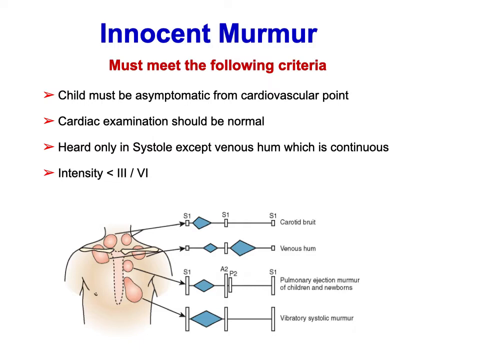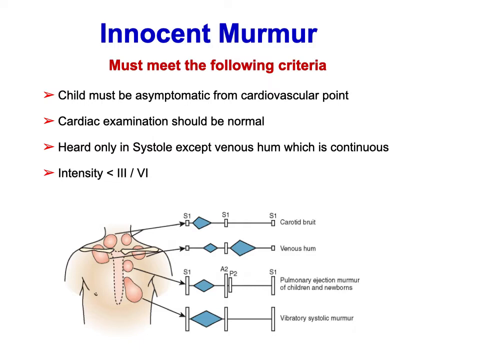So that means you follow the rule of four. The first and most gold standard rule is that the child would be asymptomatic from the cardiovascular perspective. Parents will complain of a murmur or some sound, or most commonly, sometimes they go to visit a clinician for some other reason and get the information that the child is having a murmur and needs investigation, and come to you. Sir, the child is having a murmur as told by this physician, please do something.